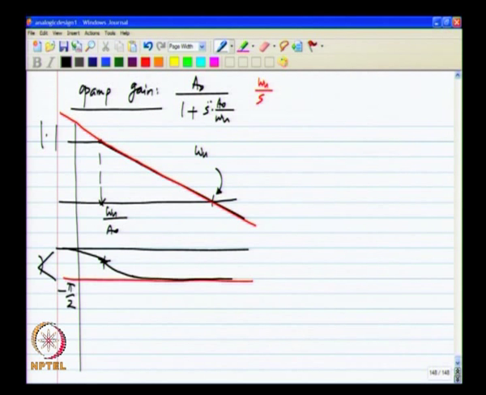Now, we have done a lot of study to make the loop gain such that the closed loop system is stable and so on. Now, we would also like to see if this problem of finite DC gain has an effect on that, because we did a lot of hard work, lot of analysis. Now, if we have to go and change it all again because of this finite DC gain problem, it will be a waste. Okay.